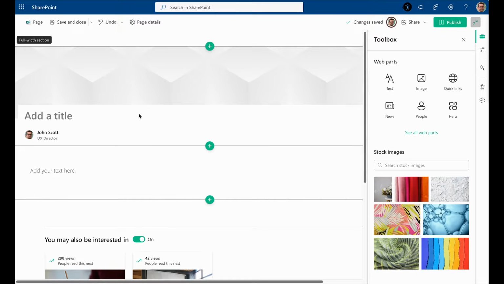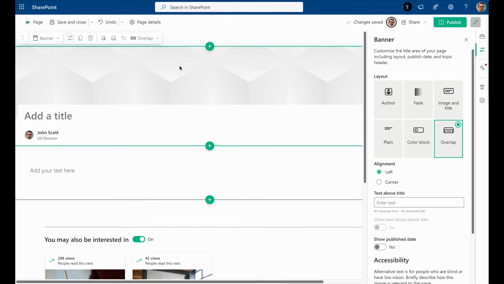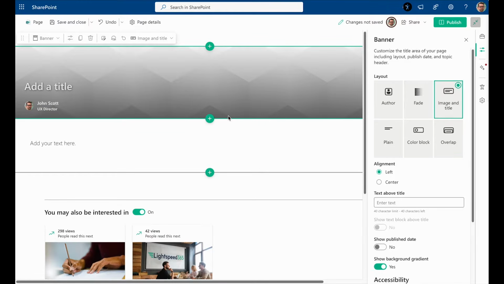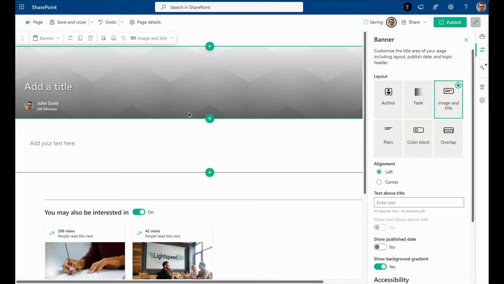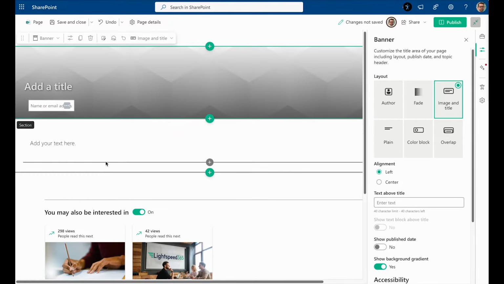So first of all I'm going to edit this area here at the top, this banner area. I'm going to make that slightly less tall and give less real estate to that, and so the department can set an image up there in the header. Don't need an author against that title, and I will put in here department landing page.